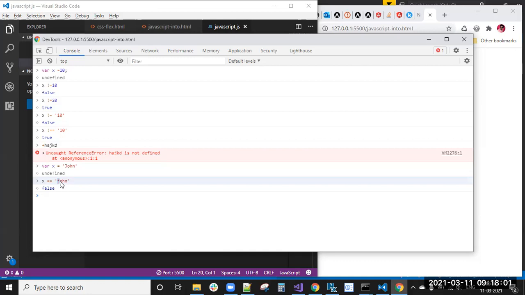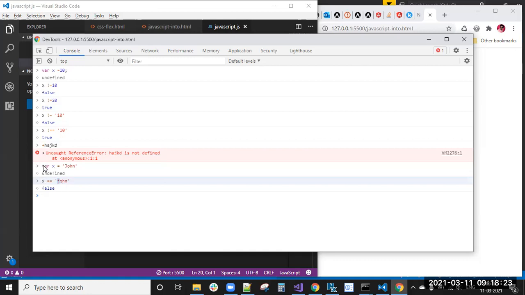After that, we will go to the array concept. Next object. Next, if else and loops concepts. So then we will move on. These are the basic JavaScript programming. Up to this, we have completed the basic programming language.